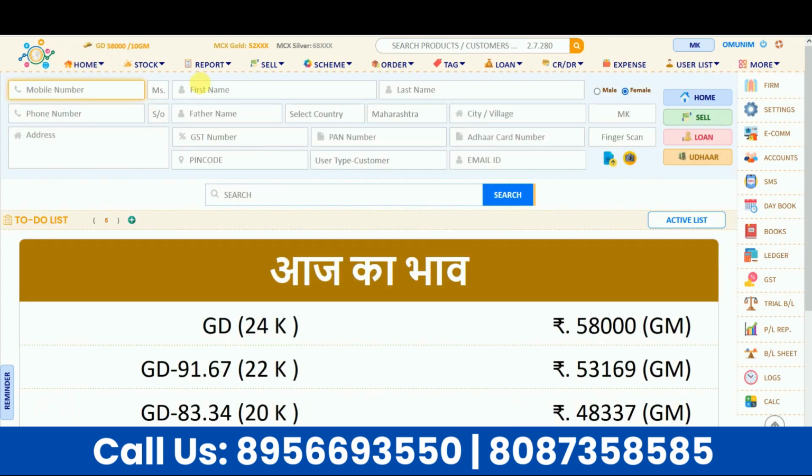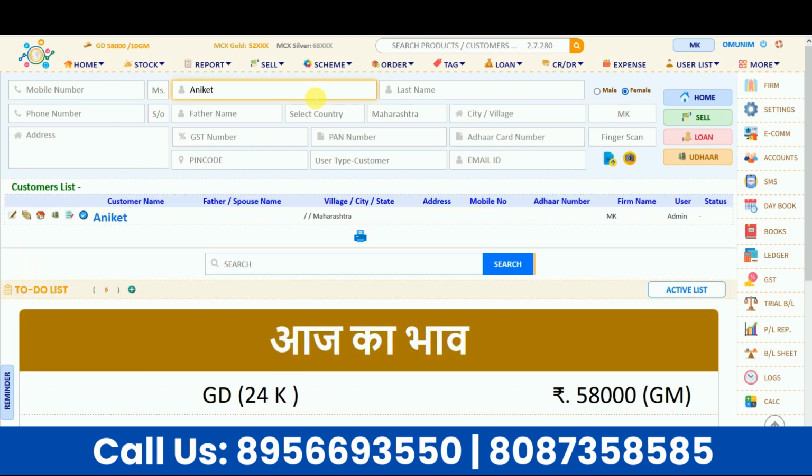So I'm going to my home page. The main work from the home page is that if you want to directly add a new customer's loan from your home page, or if an older customer comes again, you can directly search for your older customers from the home page only. I have entered the older customer's name here, and in the customer list my older customer's name gets filtered down.